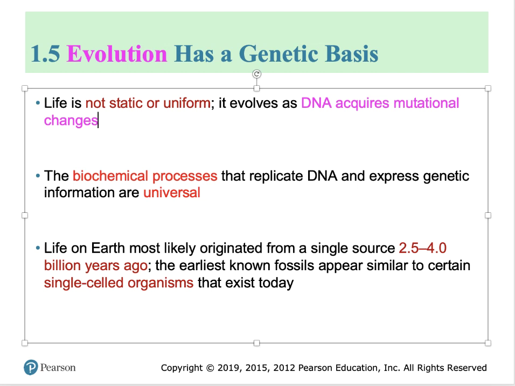And this applies to humans also. The impression that we've been left with by Chapter 1 is that the biochemical processes that replicate DNA are pretty ancient, and the central dogma that allows that DNA to be expressed is also universal amongst all living things. So if DNA acquires mutations, then it will acquire mutations in all living things, and that can lead to changes